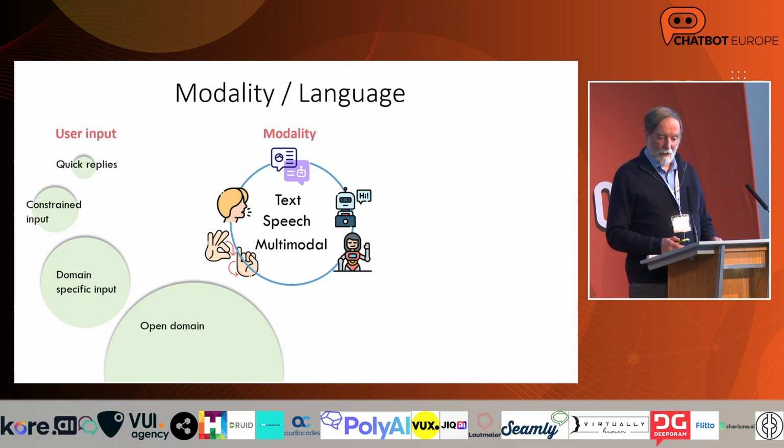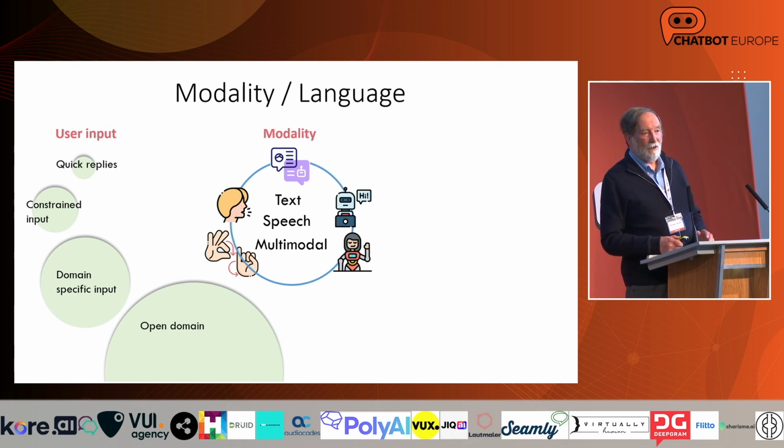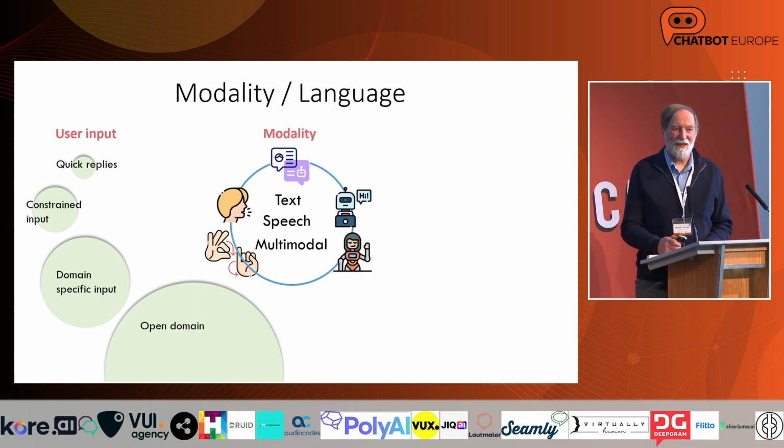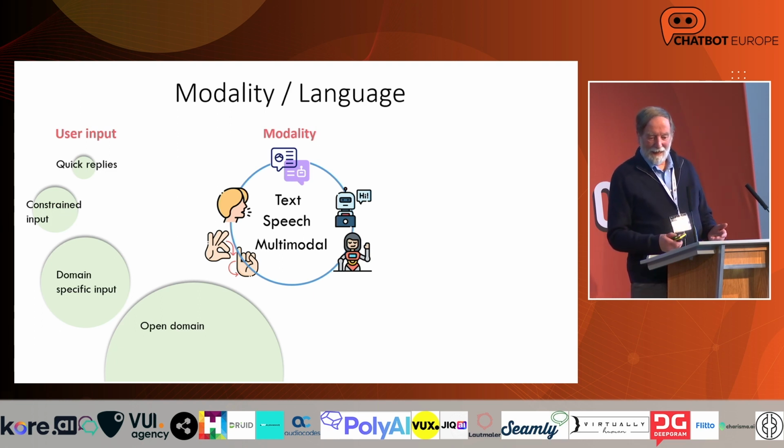You can then have a more constrained input where you have carefully managed prompts that will say, for example, please say yes or no. Even that doesn't always work. One example way back was the question, are you married? And the person said, unfortunately, which presumably means yes. And then you can have others that are specific to a particular domain, so they're going to talk just about sport, for example. And then you can have totally open domain ones like ChatGPT and some of the others.